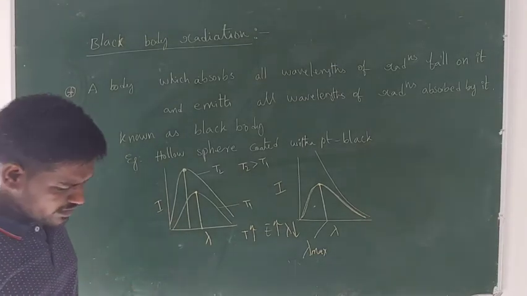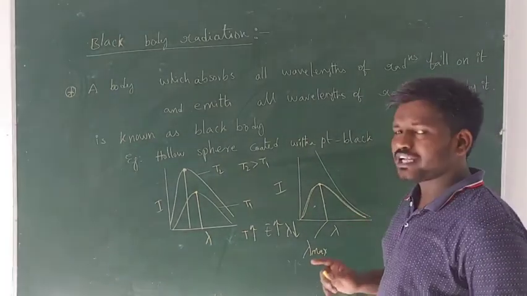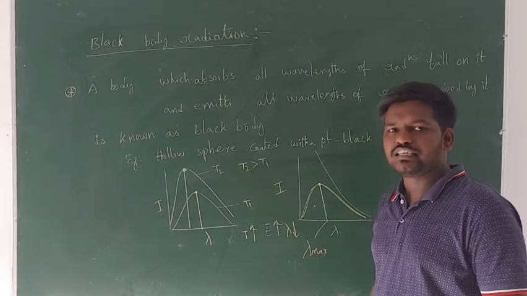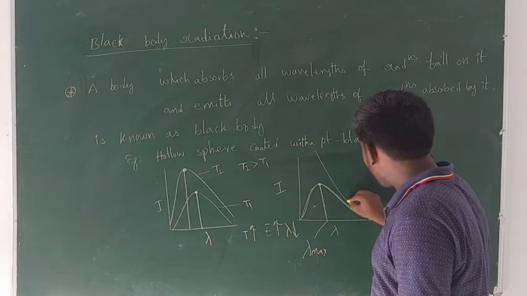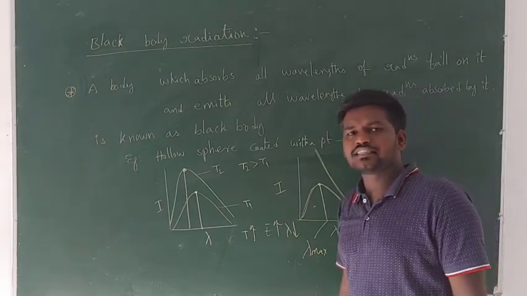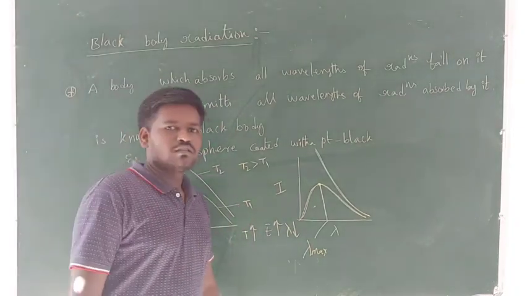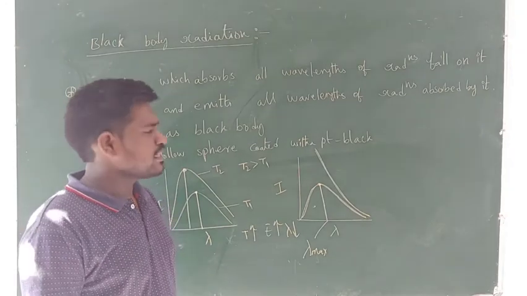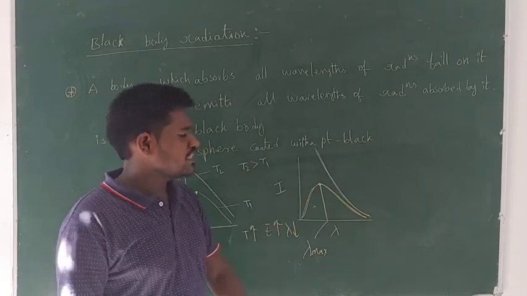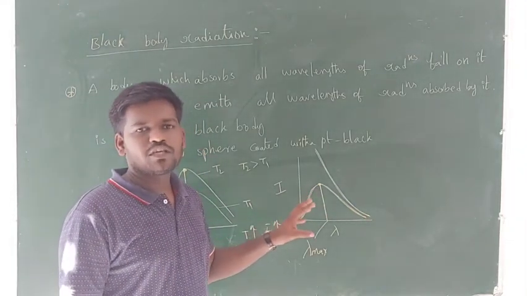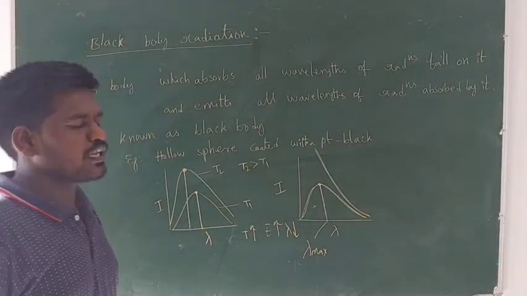So finally we realize one thing, through Max Planck: the emission or absorption takes place discontinuously. According to electromagnetic wave theory, we would get a curve like this, because the theory says emission or absorption of radiation by a body takes place continuously. So the expected curve is like this, but he got this one, and from this he realized that emission and absorption of radiation takes place discontinuously. Next, let us see Planck's quantum theory.